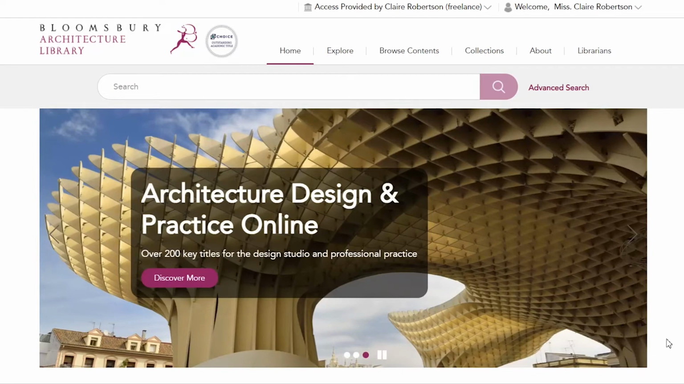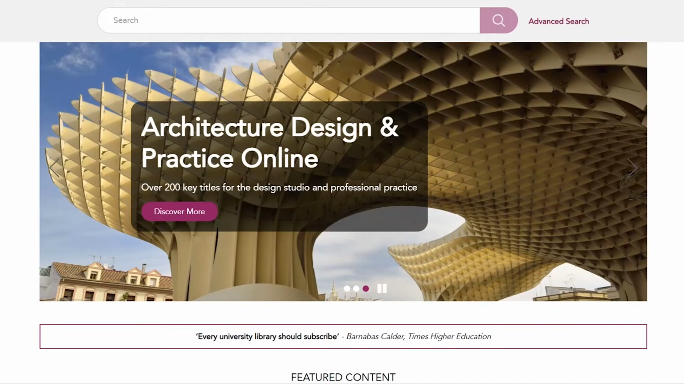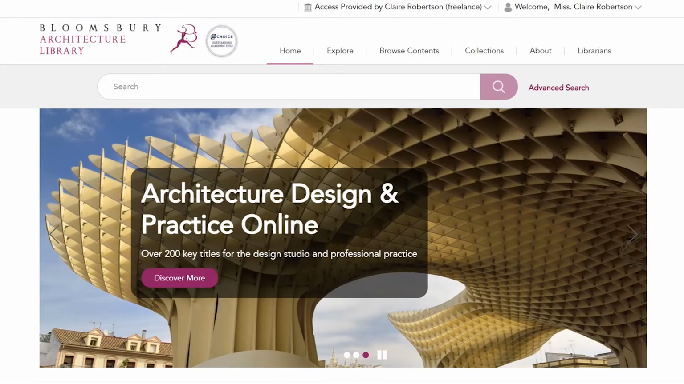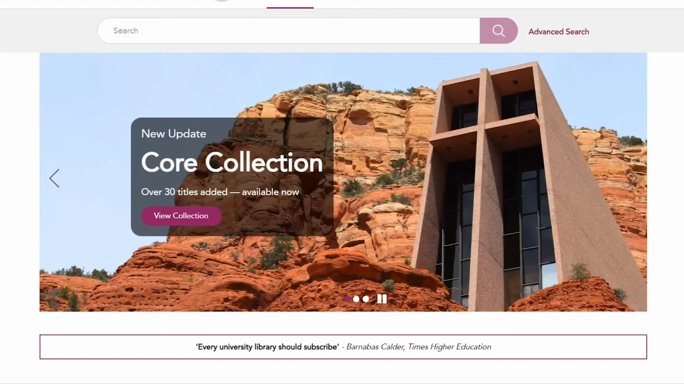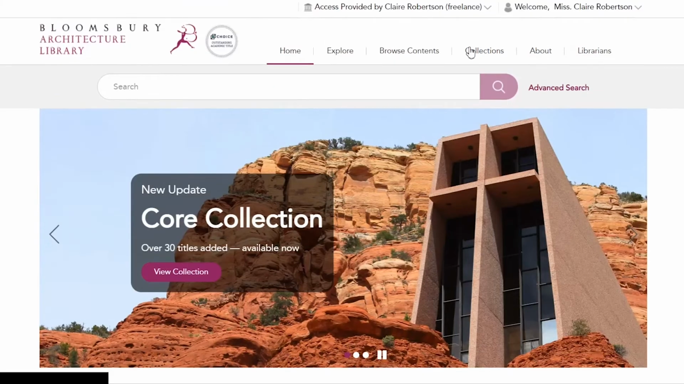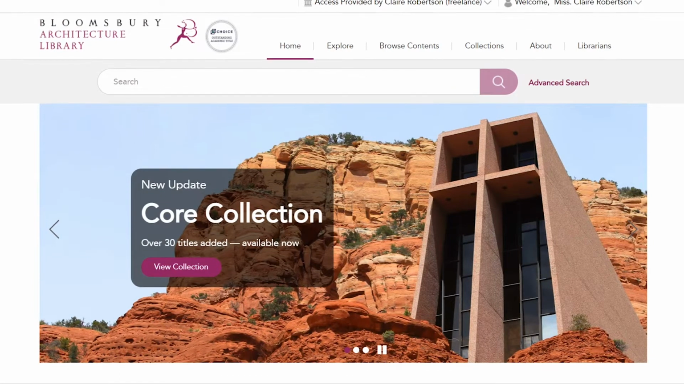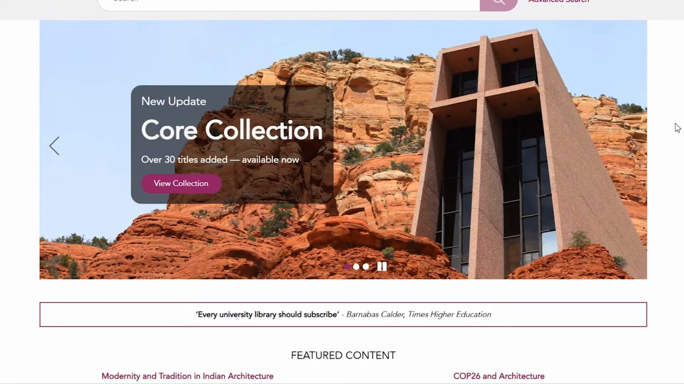If you're familiar at all with any of Bloomsbury's other platforms, you'll recognize this homepage. It's in the same style that we use. It's meant to be engaging and easy for users to navigate. We have our navigation bar at the top here, as well as our search bar. And below here, we have our carousel, which just showcases any content that has currently been added recently, as well